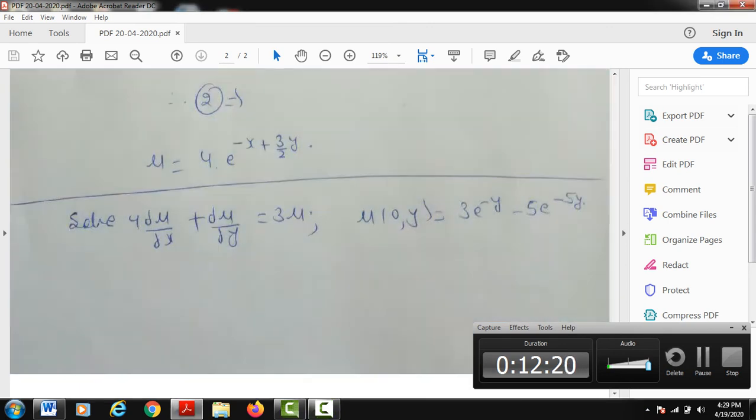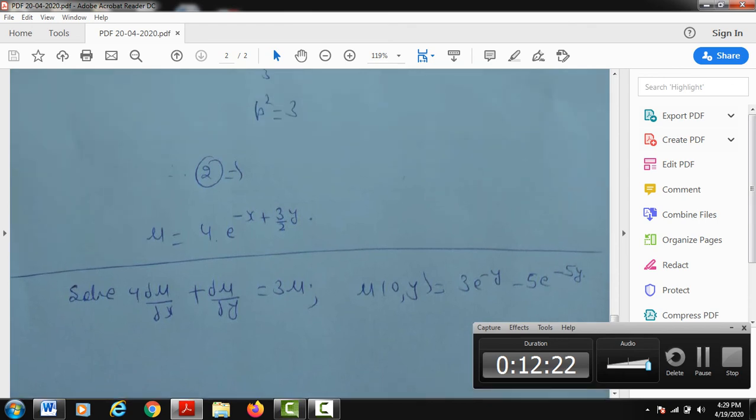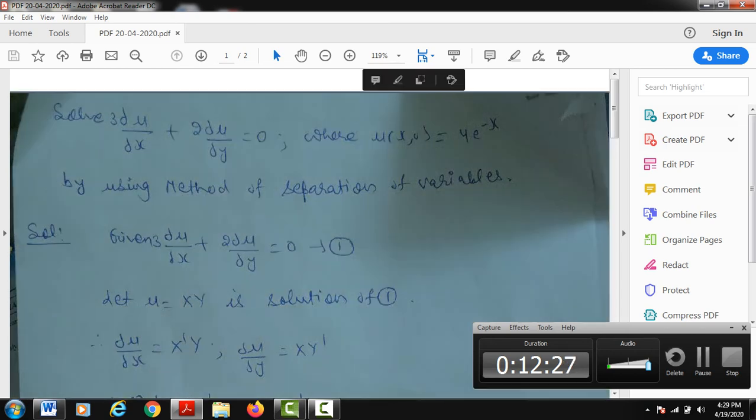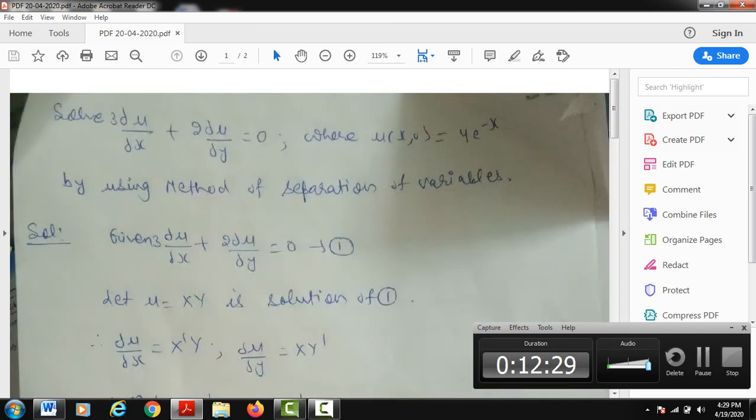So first of all, again I am revising the steps. What are the basic steps for solving by using the method of separation of variables? The method of separation of variables is just a method to solve a partial differential equation of any order, whether it is of order 1, 2, 3 or any higher order. Firstly, you say that the dependent variable is equal to the product of all the independent variables on the right hand side. Let this be the solution of the given equation.